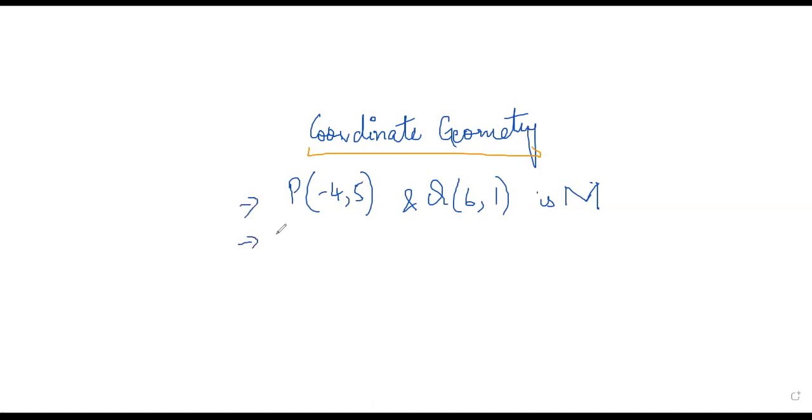Second thing, it says that the point R has coordinates -3, -7. The third thing he says,